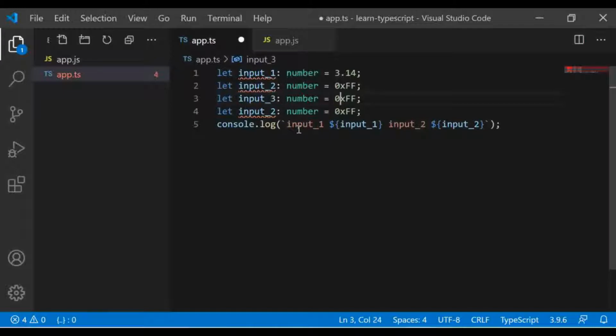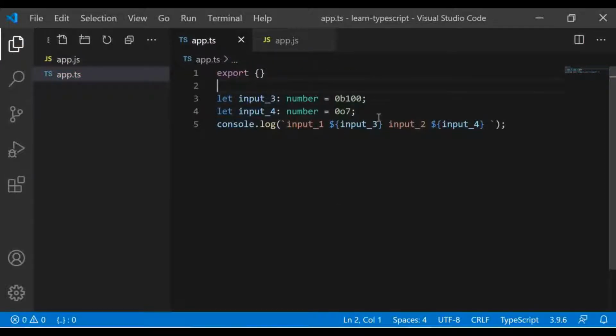Okay, so let's create this input 3 here and assign a binary value, and create one more variable input 4, but here octal, and something fairly basic.